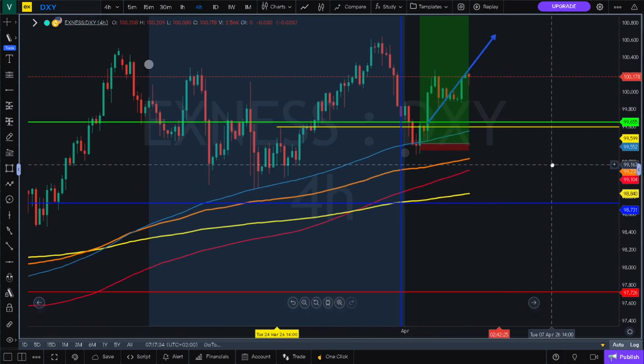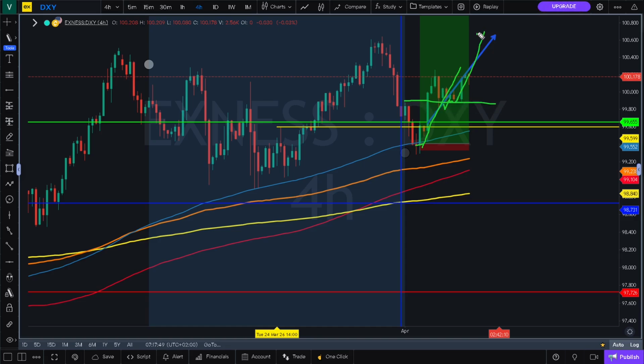If I zoom in a little bit, you can see this was a great place to look for buying opportunities from down here to the upside, and we are still in the upside level. I did mention in the daily video that we might even bounce from here to continue to the upside. It looks like we are going to the upside.